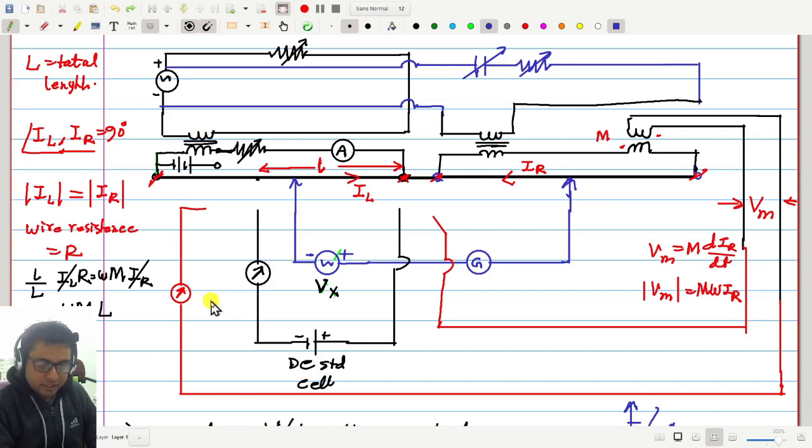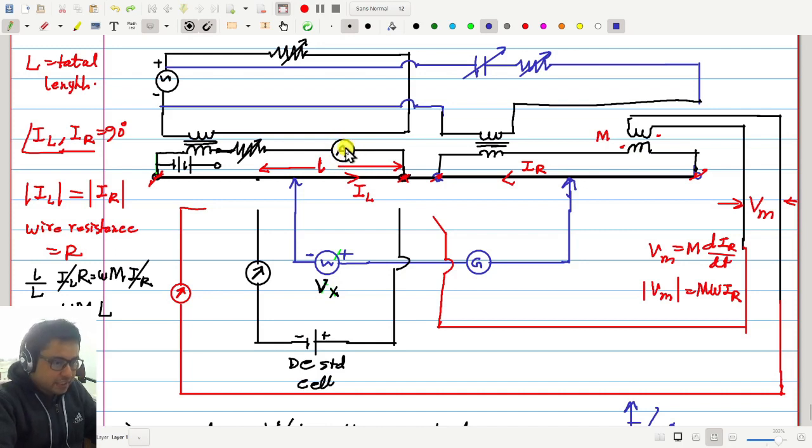Okay. In a sense, we do not rely on the accuracy of any of these components here on the supply side. Even this ammeter need not be accurate. It may be completely wrong, no problem. I'm just telling it in general, because what do we observe from this ammeter? We only make sure that the current in this line, as it was during the standardization with the DC cell, remains unchanged. Whether this ammeter is giving a correct value or not, we don't care.